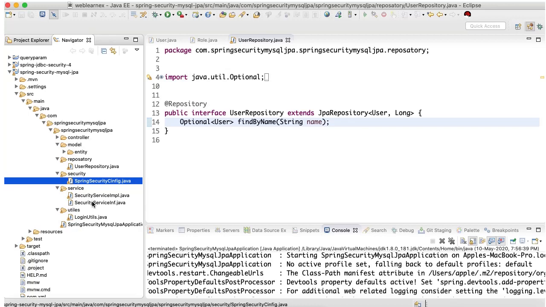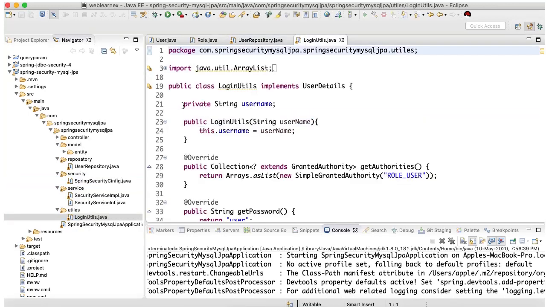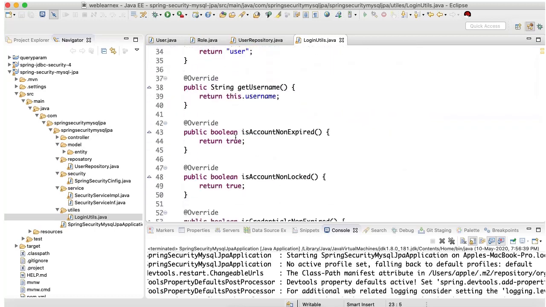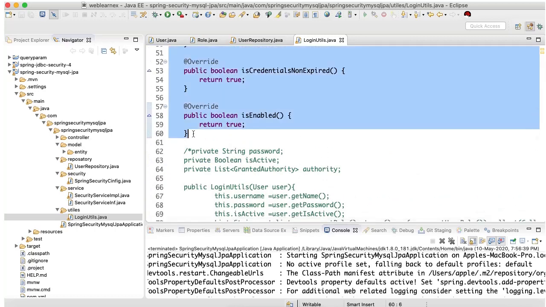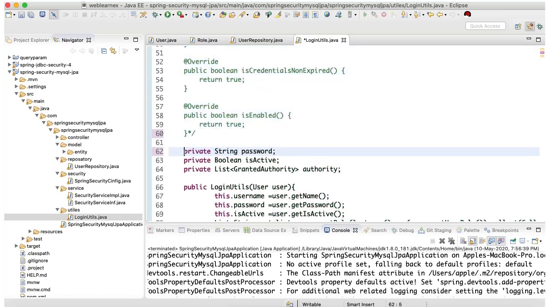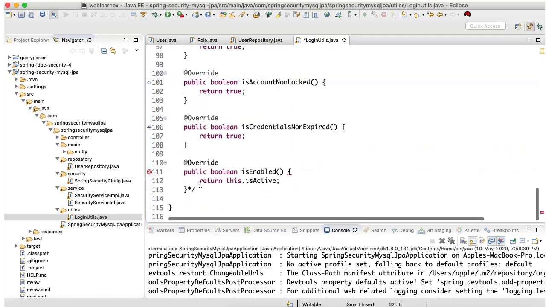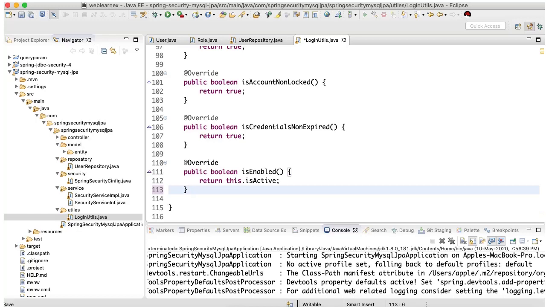Let me customize now. So let me comment out all these things. I have commented out these things and will open the comment from here.